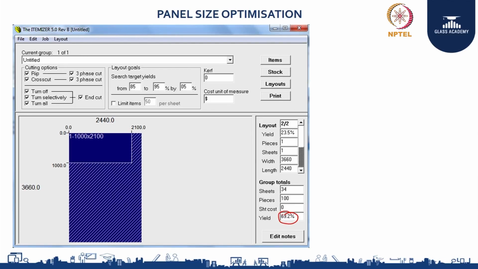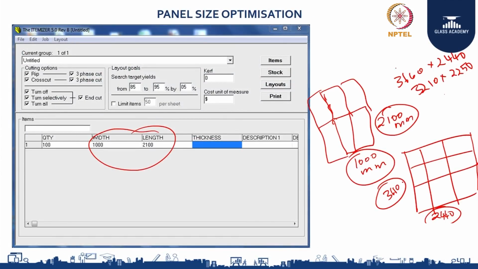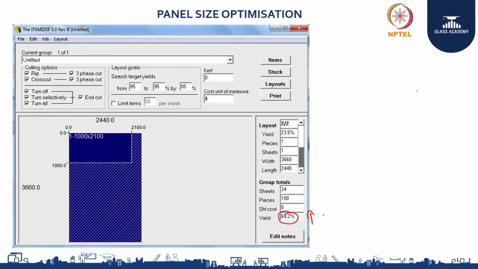But as a client or as an owner of the building, they will have to pay for the entire parent sheet of the glass that is supplied. So to minimize the wastage that is incurring, you need to increase your yield. When you increase your yield, your wastage will get reduced. So if you resize your grid well, close to accommodating the sizes manufactured by the manufacturer, then you can get a higher yield. That is my point. Then based on that, you can get a lesser wastage.